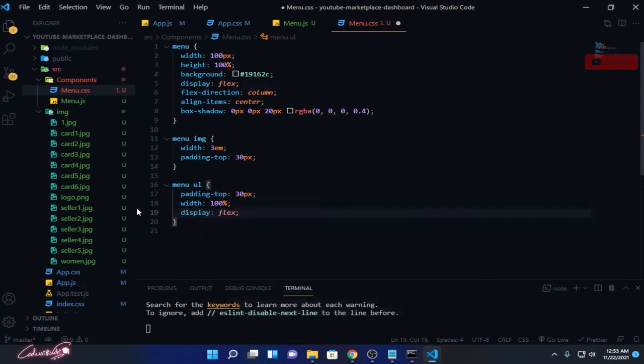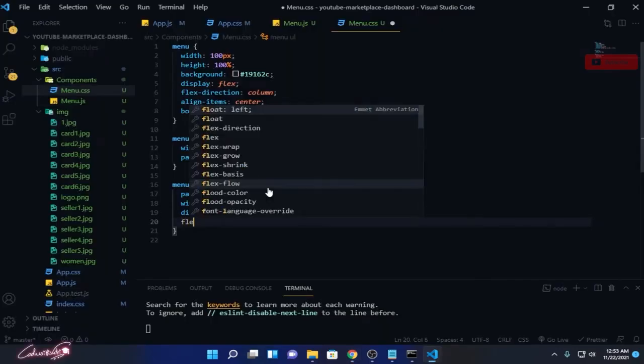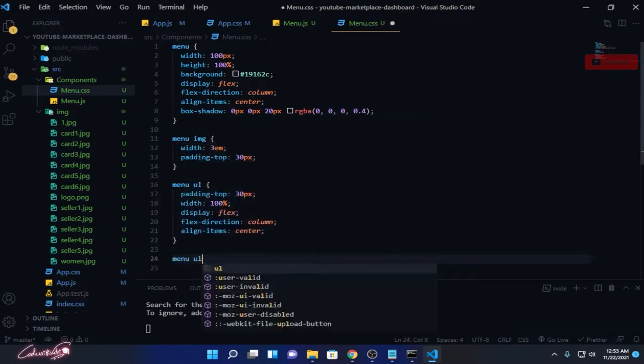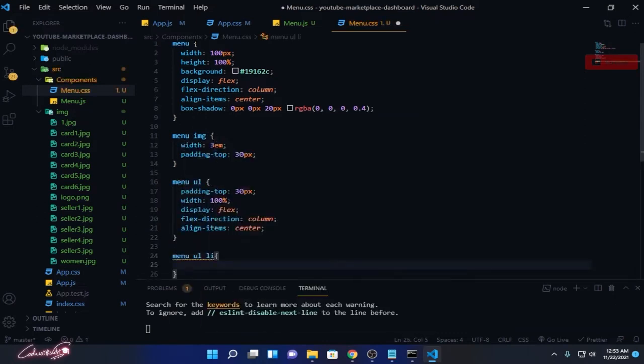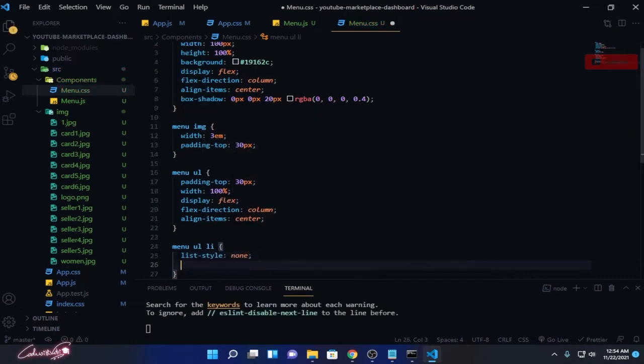Then you need to make display flex and make sure that they change to column direction, otherwise this is what happens. So flex direction column and align the items in the center, and we need to target the UL li tag which is inside the UL tag. First we need to get rid of this list style, so list style none, and we need to add some margin, margin 20 pixels 0 pixels, so it will add some margin space